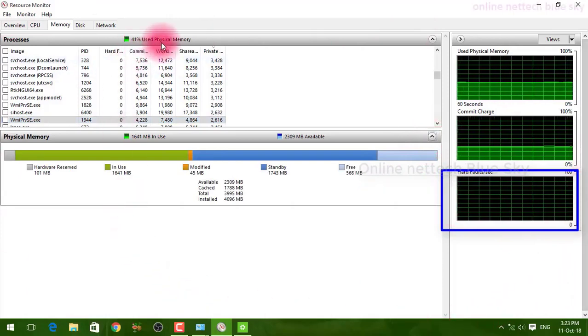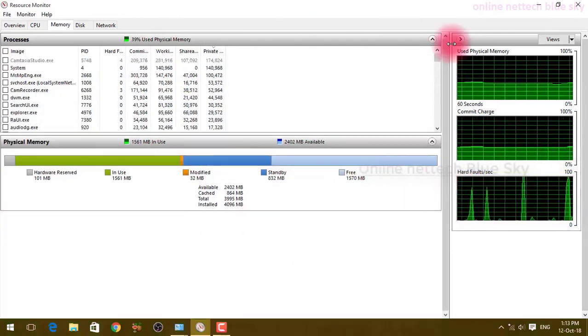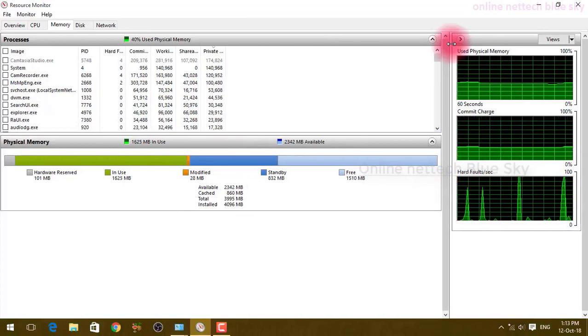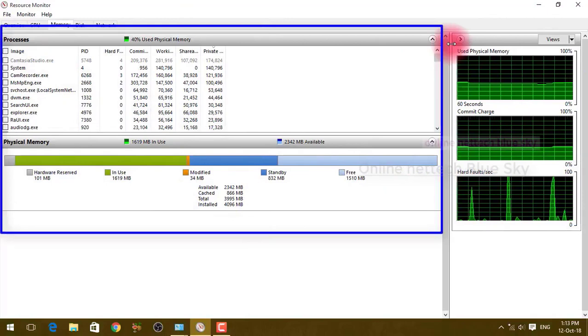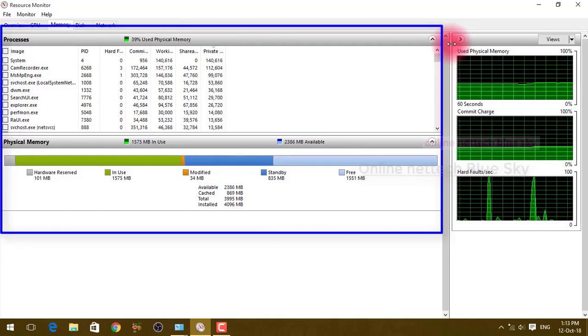RAM means your memory, and without RAM you cannot see your data, you cannot see Windows. RAM is a temporary memory. Permanent memory is the hard disk. You first check your memory, how much your system is using. First we will talk about an overview, and after that about the services of memory RAM.